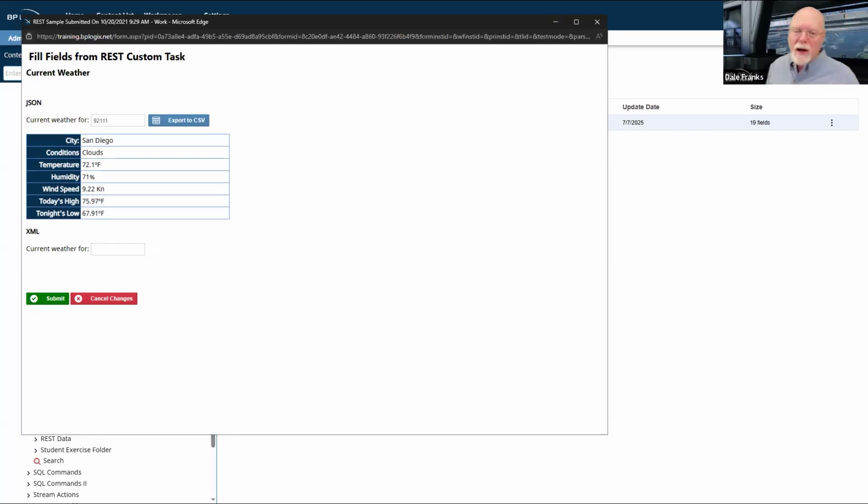Now, this is great. This is a business value, and it's putting everything on the form the way it's supposed to be. So that part works. We know the business rules work fine. So now we want to take this same data that I am obtaining from openweathermap.org through their OpenWeather API to pull back the JSON data. And I can click this Export to CSV button.